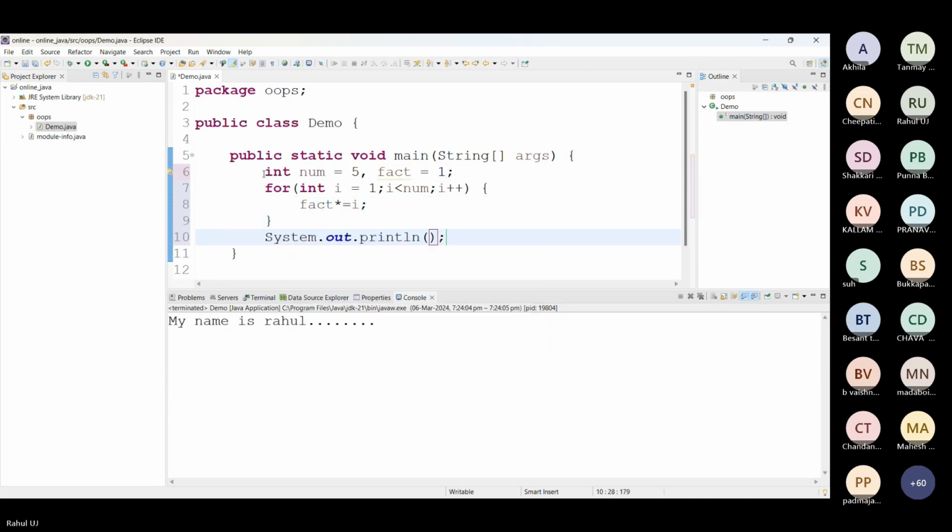Directly fact. See, your output changes. I have to give it less than or equal to. Can you see that your outputs are being dynamically changed?